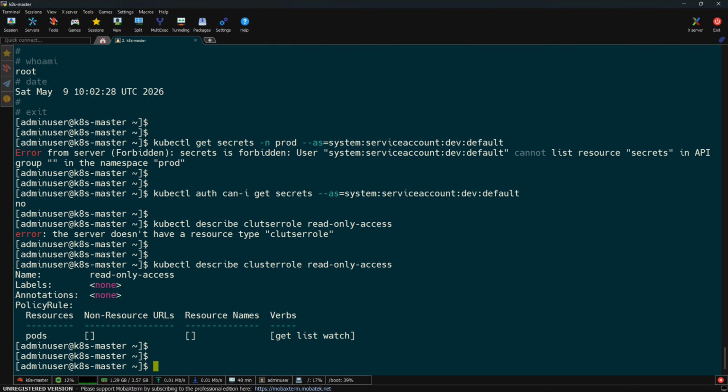Here you can see this role only allows access to pods. There is no permission for secrets. That's why the request was denied. If this role had access to secrets, you would see another entry here for secrets with get, list, and watch